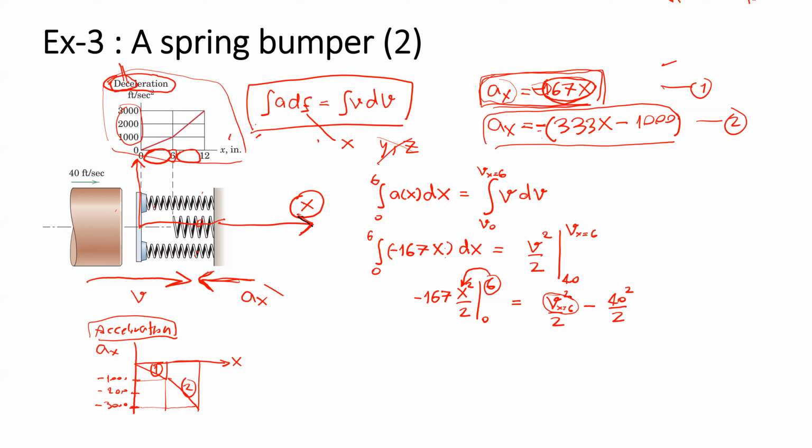Is there anyone who can help me compute the value of v? Professor, this question asks for x, the maximum compression x. Yes. Maybe we should change 6 to x and let v be 0. Okay, I get your meaning, but